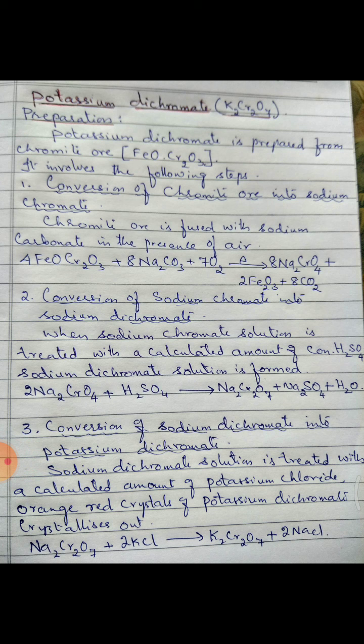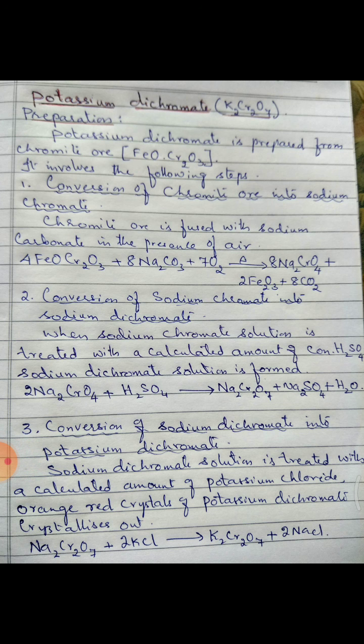Formula of chromite ore is FeO·Cr2O3. The preparation method involves three steps. Step 1. Conversion of chromite ore into sodium chromate. The chromite ore is fused with sodium carbonate in the presence of air. That is, the equation you see,